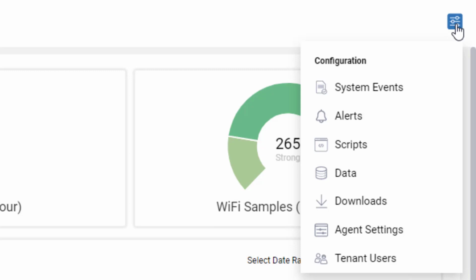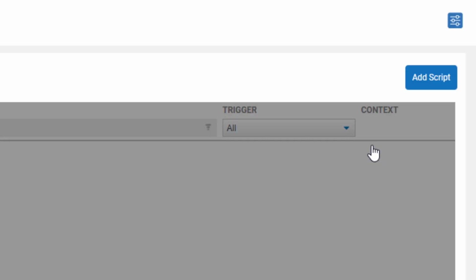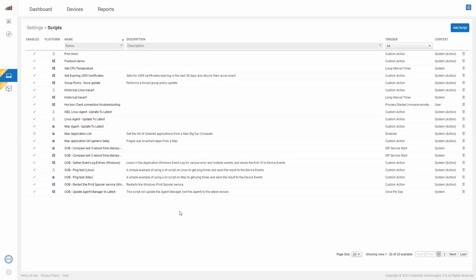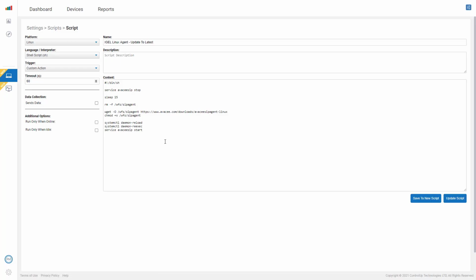You can also view the system events that have occurred in your organization, and something I love in particular is the scripts option. We enable you to create custom scripts for your Windows, macOS, and Linux devices to gather some other custom data you might like and also to carry out actions or changes that you might like. For example, I have a script here to update an agent on my Linux thin client devices executed from ControlUp